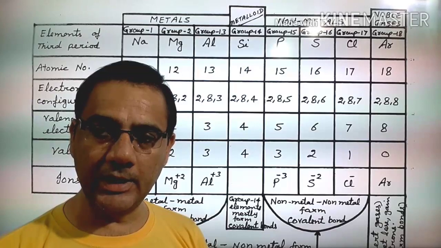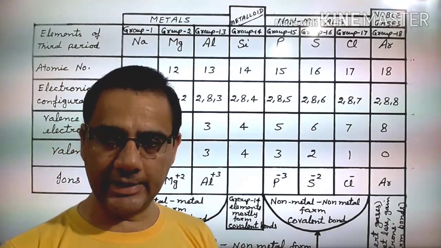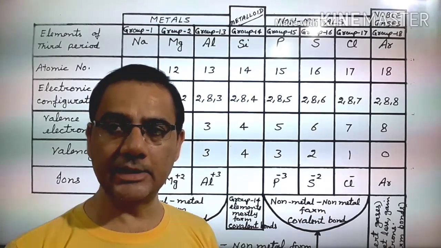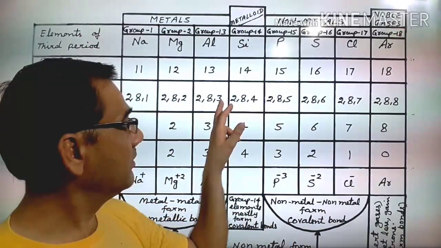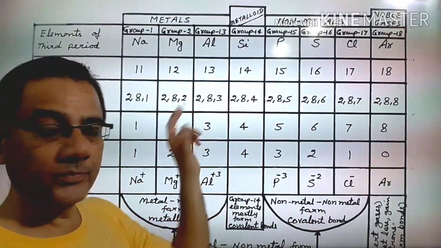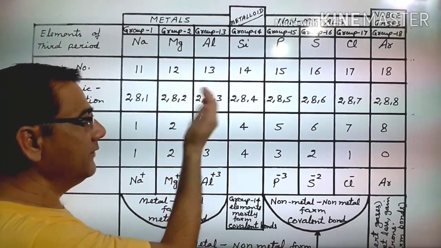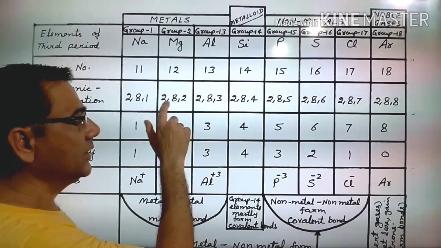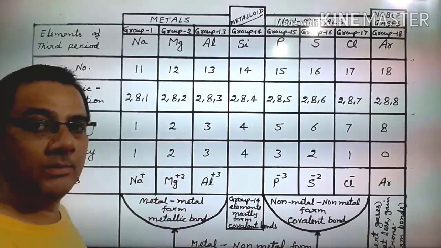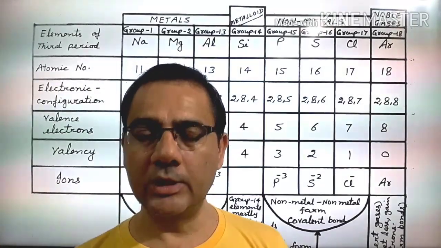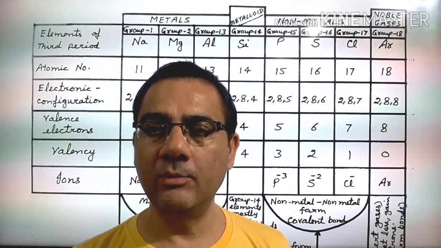And what is the second possibility? It gains 6 electrons from another atom. And if it gains 6 electrons from another atom, this will become the outermost shell. So see, either it loses these 2 electrons, and this will become outermost, or if it gains 6 electrons from another atom, then 2, 8, 8, and this will become outermost. Now what is easier for it? Losing its own 2 electrons or gaining 6 electrons from outside?